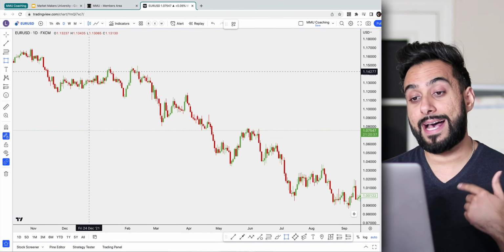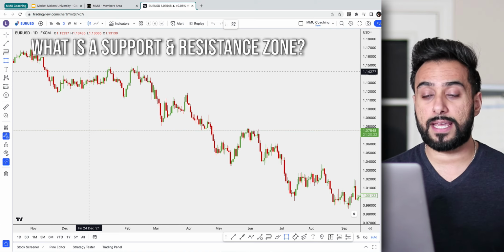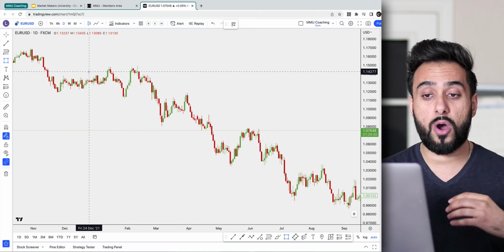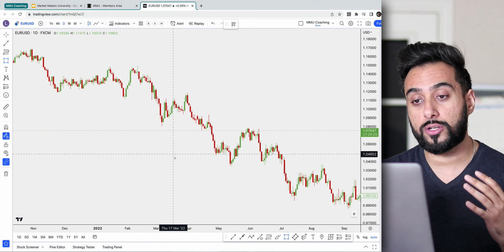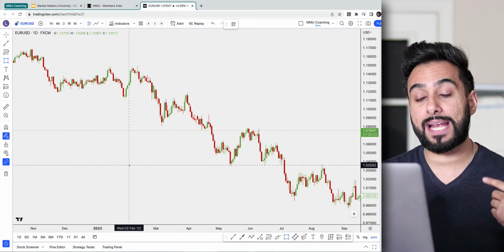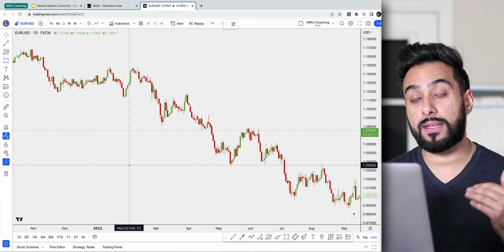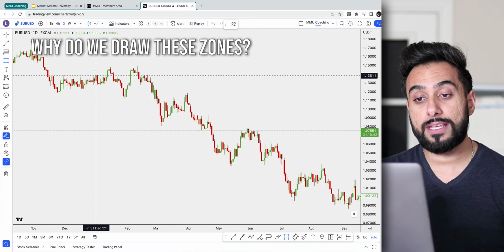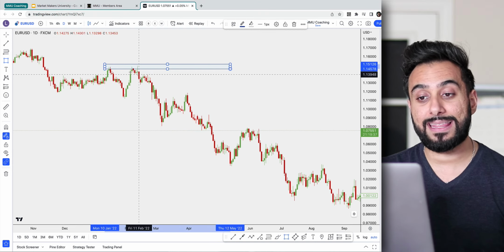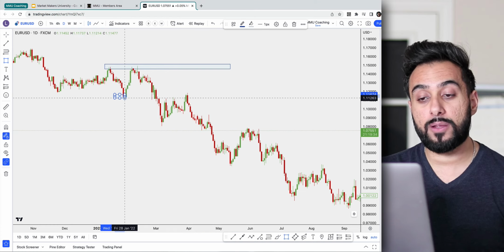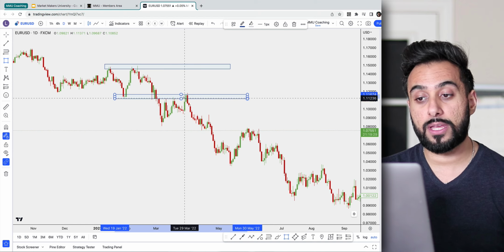So the first question we need to ask ourselves is, what exactly is a support and resistance area? Or in other words, what defines a support and resistance zone? Essentially, in a nutshell, it's just an area somewhere on your chart where the price has reacted in the past and it might have a probability of reacting in that same area again in the future. And the reason why we draw these support and resistance areas is simply to remind ourselves to look at these areas when the price inevitably reaches that area in the future and might have a probability of eventually reacting